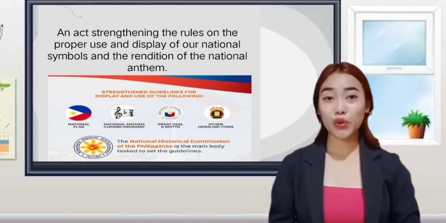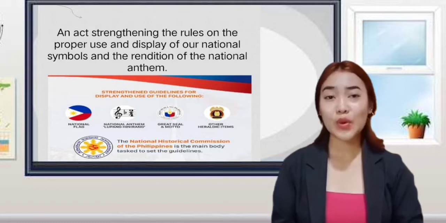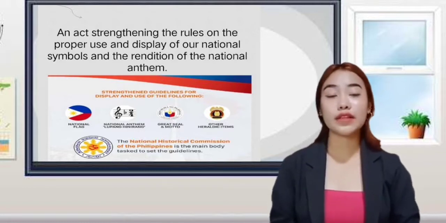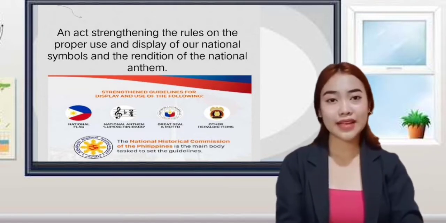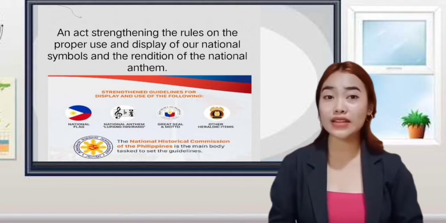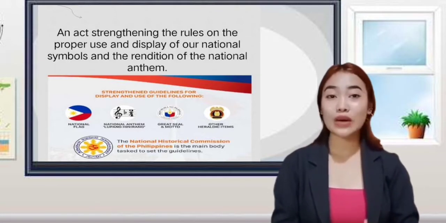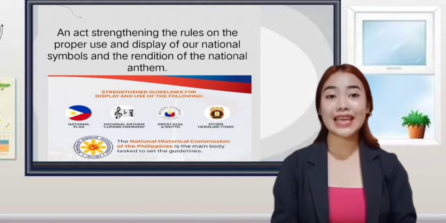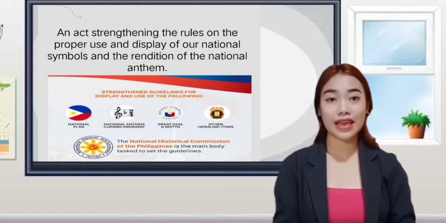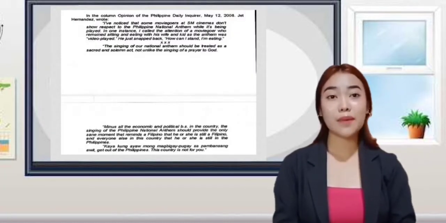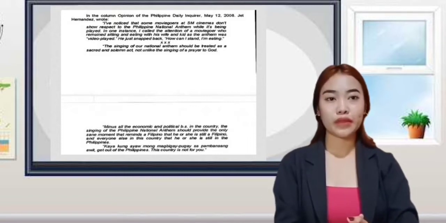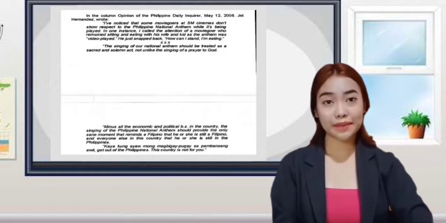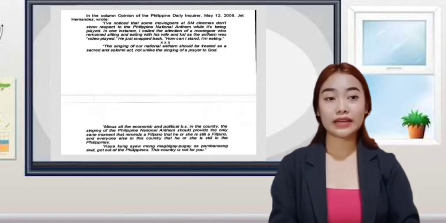So what is the purpose of this Republic Act? It is because most Filipinos have no respect for our national symbols, for singing our national anthem, and so on and so forth. For example, in the Opinion column of the Philippines Daily Inquirer, May 13, 2008, Jet Hernandez wrote, I've noticed that some moviegoers, at that time in the cinema, when the national anthem was played,